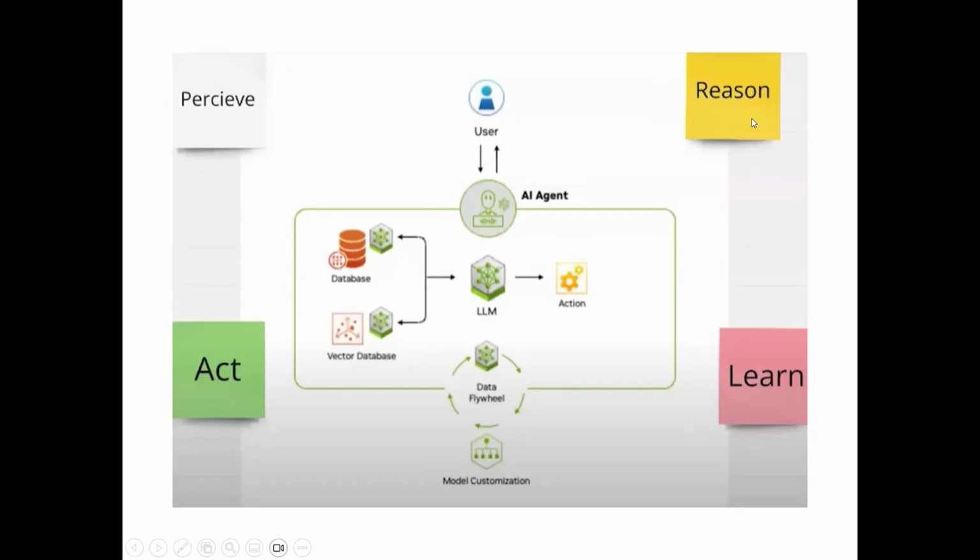When it comes to reasoning, it reasons that the login attempts are not coming from the right sources, and it will identify that they indicate a brute force attack coming from outside countries, and it will start blocking IPs and notify the users or security teams. And act is something like taking actions autonomously. The system blocks the IPs automatically and notifies the security team. And learn is learning from the feedback and outcomes, and it will improve continuously by applying reinforcement learning and fine tuning and updating the models with new data.